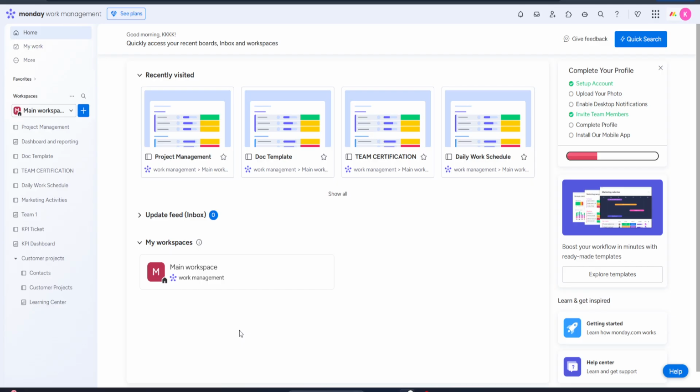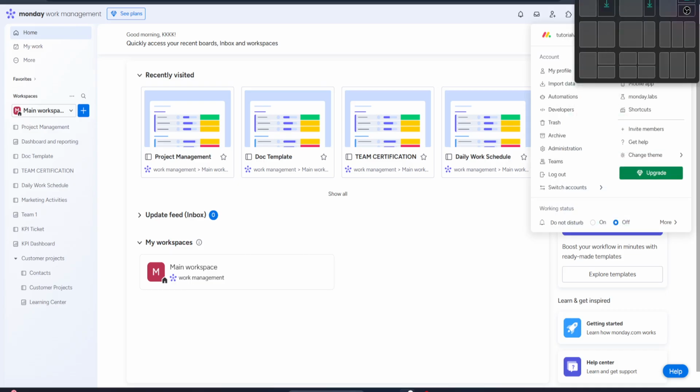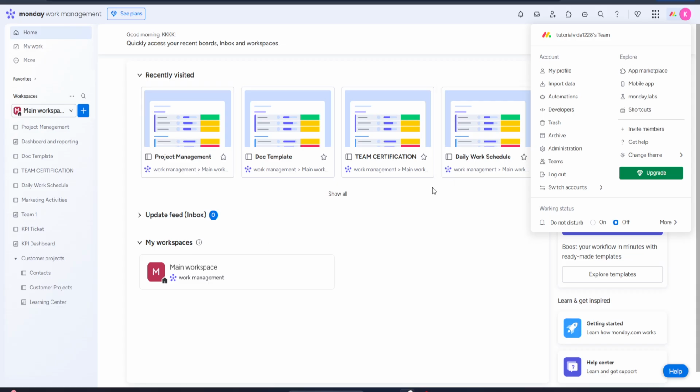First things first, you'll need to log into your Monday.com account. Once you are in, direct your attention to the top right corner of the screen. You will notice your profile icon there, which is typically represented by your photo or initials if you haven't uploaded one yet. Click on that profile icon to open a drop-down menu of options related to your account settings and